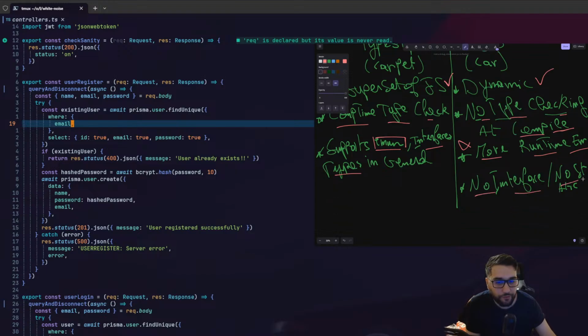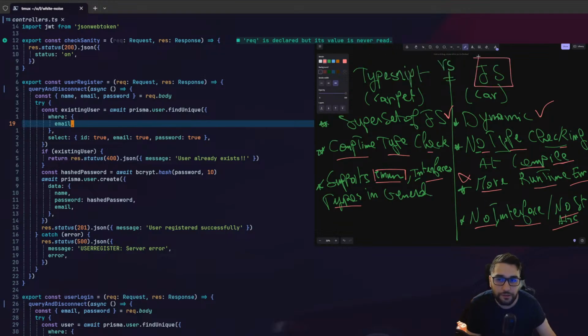Yeah, and there are no interfaces, no static typing, and nothing like that in JavaScript, which makes it more playable. So if you want to learn JavaScript, start with this and then move on to TypeScript when you start building professional stuff, because then you are going to create good stuff without runtime errors. And that's it. That's the difference. Car to carpet. Keep it in mind, and please don't confuse them, because I see a lot of confusion in the chat.